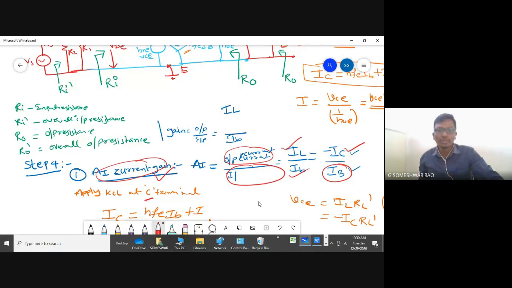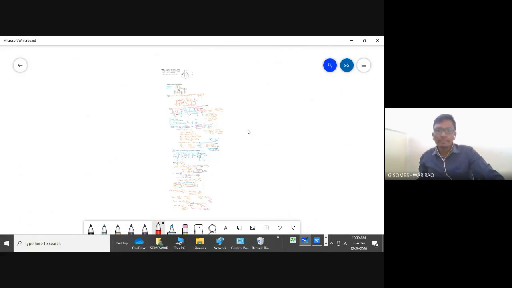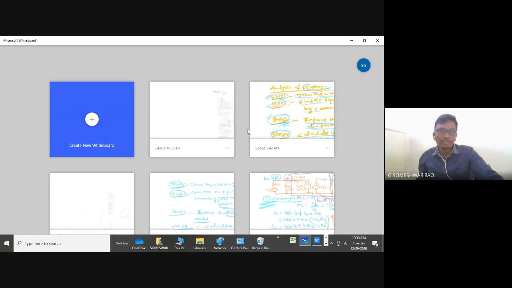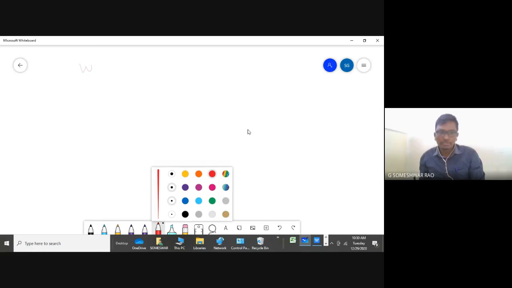through 1 by HOE. So 1 by HOE, how do we draw it? So 1 by HOE into VCE, like that we have derived and we got the answer. So what is the final conclusion for this? We have completed. Let me go through another page. So what is it that we have derived? We have derived the expression that is nothing but